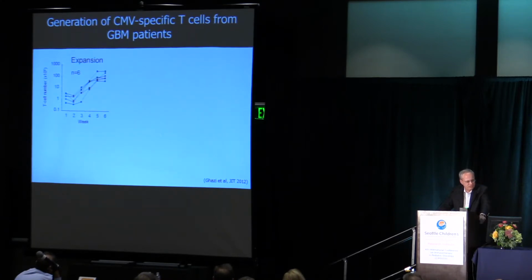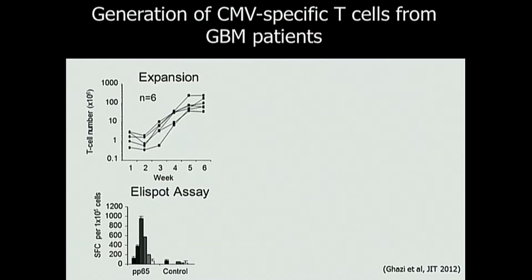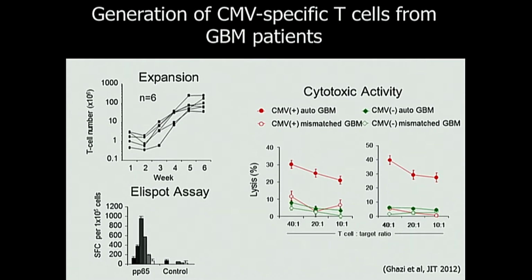This just shows us that it's feasible. Using glioma patients, we get very nice expansion. If you do ELISpot assays, expanded lines are specific for PP65. And if you do functional analysis using a cytotoxicity assay, if you focus on the red line, you readily see that autologous GBMs that are infected with CMV are killed by the CMV-specific cell line,